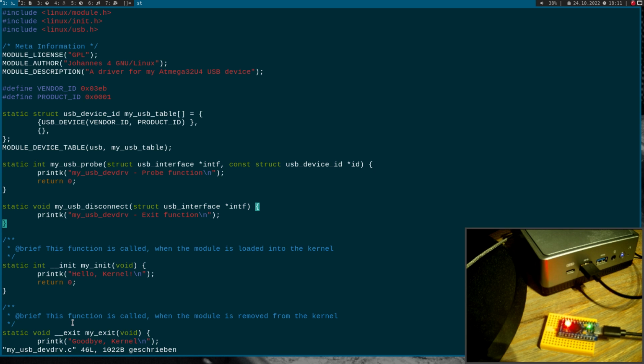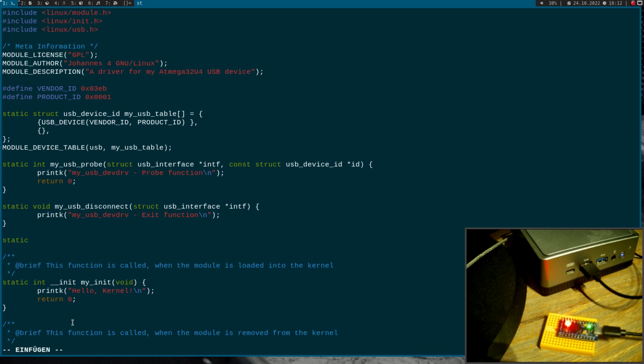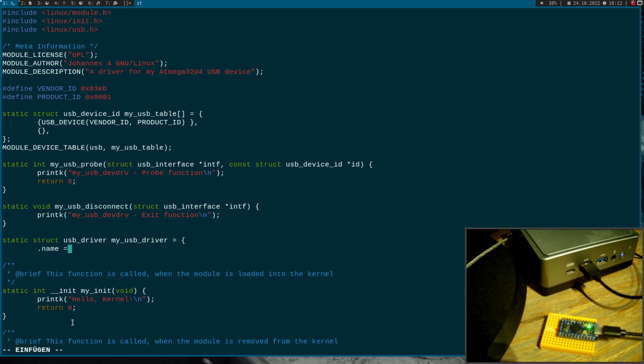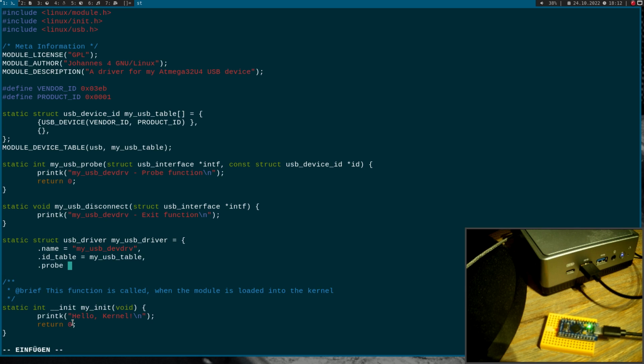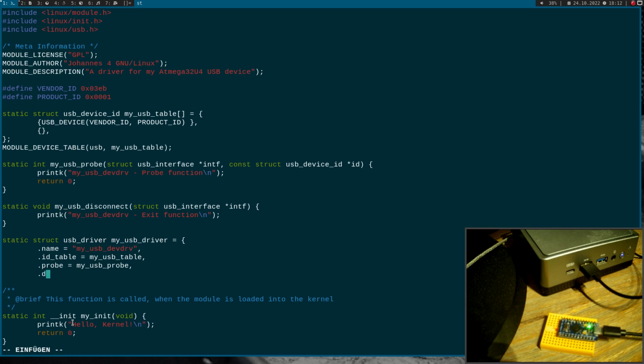Okay, and now we can declare the USB driver. Therefore I will declare a static struct from the type USB driver, and I will call it my USB driver, and I have to give it a name. I will use my USB device driver. I have to give it an ID table. Of course I will use my USB ID table here. Then I have to pass in a probe function, which will be my USB probe. And I have to pass the disconnect function,